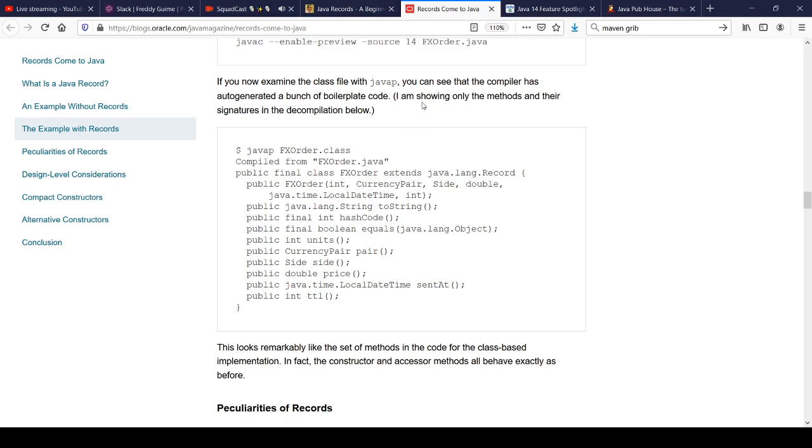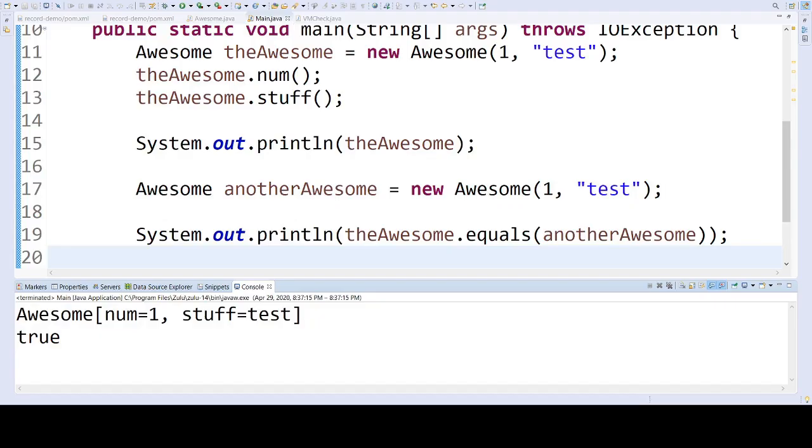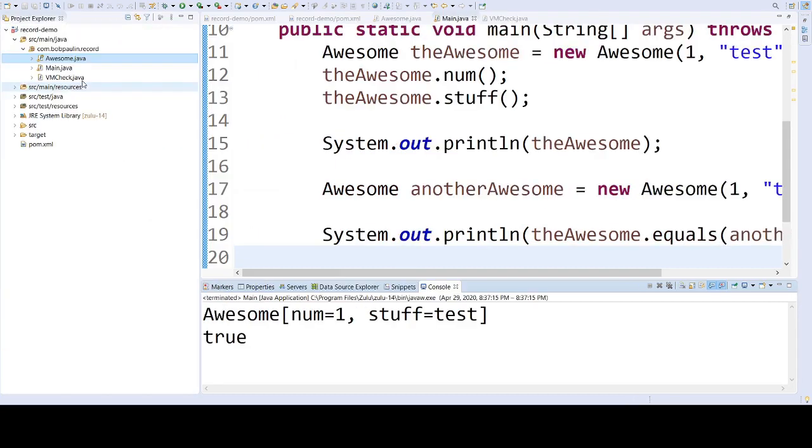So in order to experiment with it, you have to do a couple of things with your IDE to get it ready. If we bounce back to Eclipse here, first of all, you have to be on JDK 14. I downloaded JDK 14 from Azul Zulu, which is kind of my go-to. Then within Eclipse, if you look at the project properties, actually it's in the compiler.